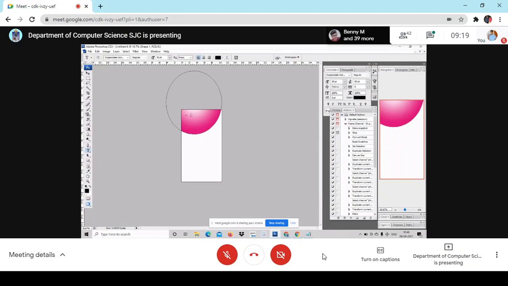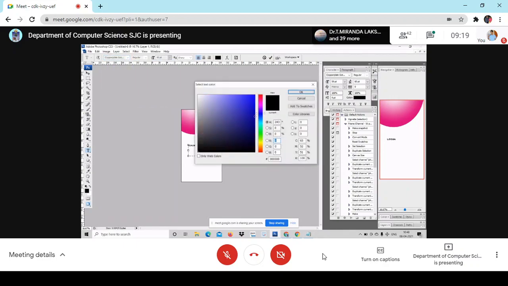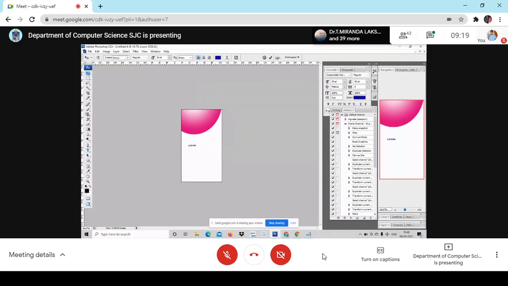Now I just name it as login. The color may be blue, dark blue. See, I have kept it here, login, right?